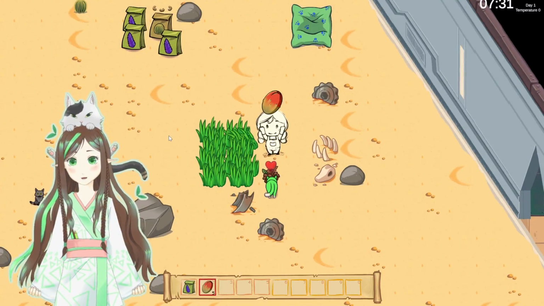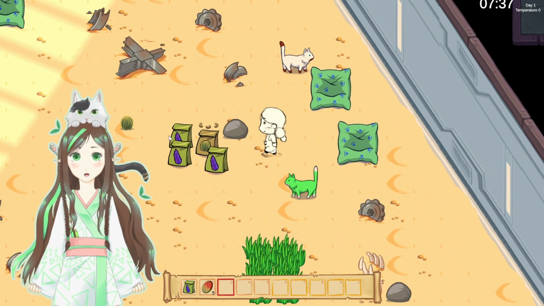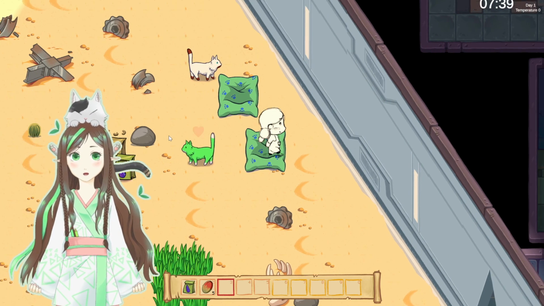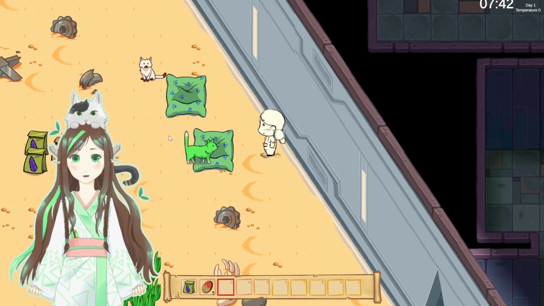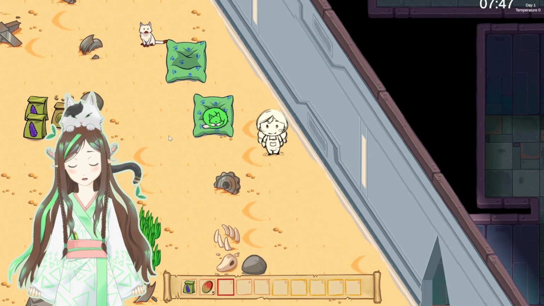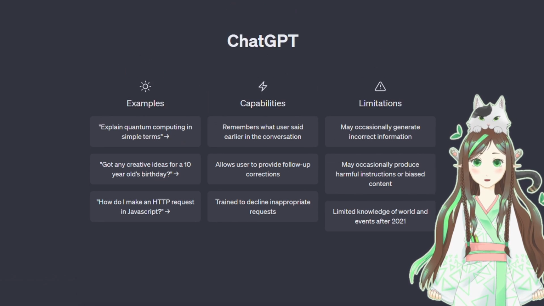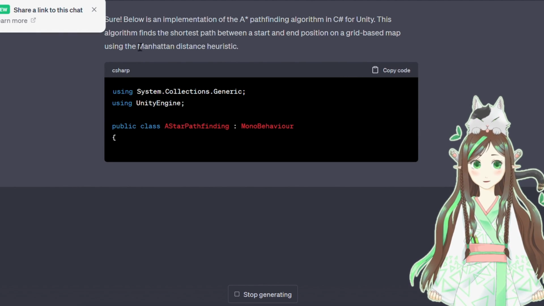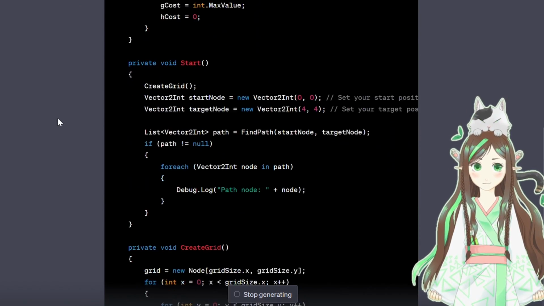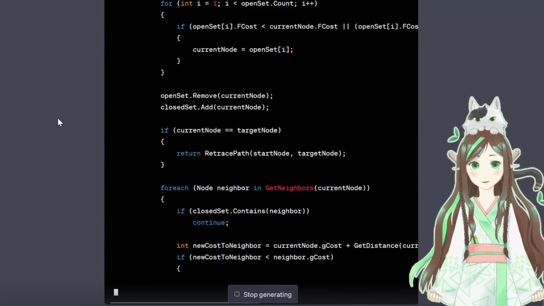Back at home, my next goal was to allow the pets to walk around, both randomly, following you, and walking to targets like food or their bed. In the last video I talked a lot about AI-generated art, and some of you asked what I think of AI-generated code. In general, I don't find ChatGPT too useful for generating code, but this was the perfect opportunity to try it out anyway, because A-star pathfinding is a well-known kind of standalone algorithm, and ChatGPT did actually really well in this case. I just had to change a few things to make it work with my own tile grid and what I had in mind.